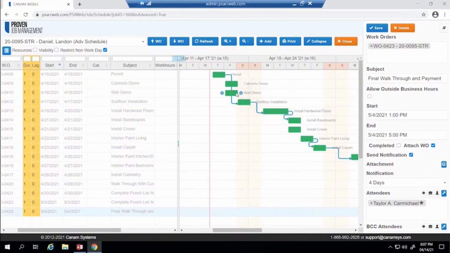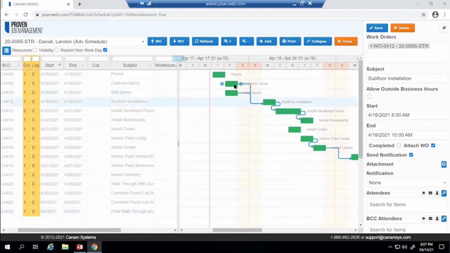We also must complete wall demo and cabinet demo before those 2 items are done. So the permit must be received before we can do cabinet demo and wall demo. Wall demo and cabinet demo must be complete before we can do a subfloor installation. So since I did not have a predecessor or a successor set up here, I could manually move these items